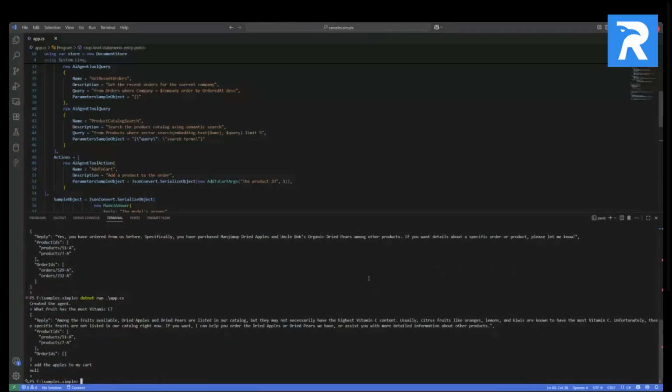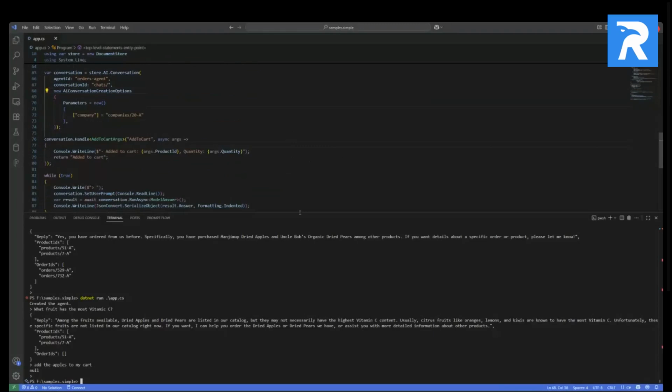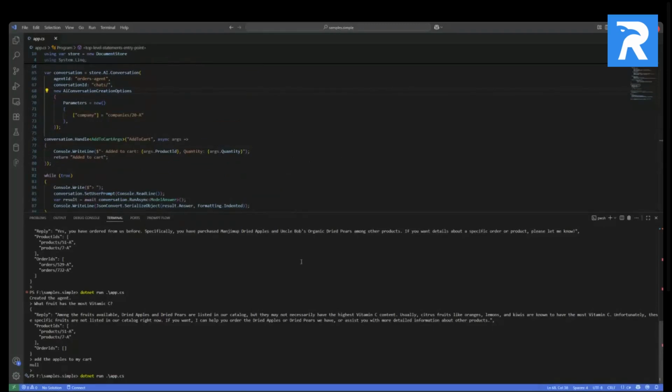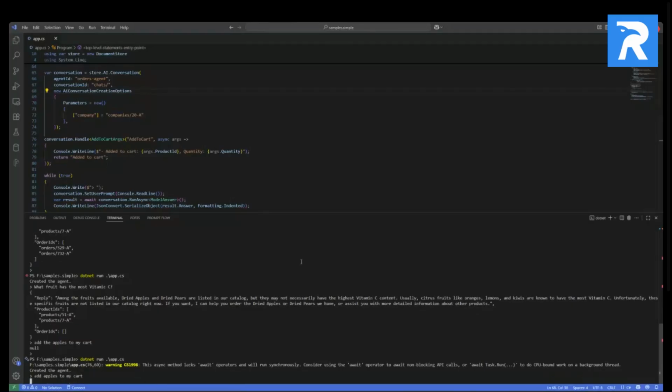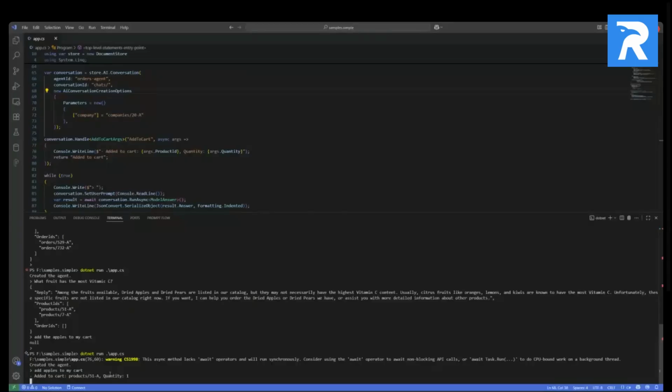So again, let's run it again. In this case, I'm not actually doing much. The only thing that I'm doing is just running this and expecting to hold this line. So I'm starting a new conversation,